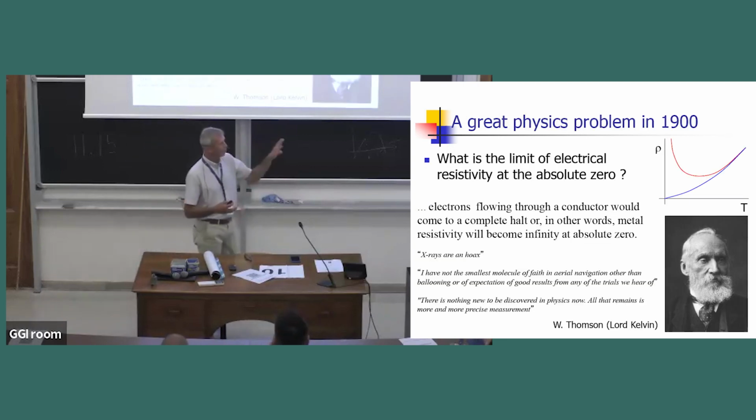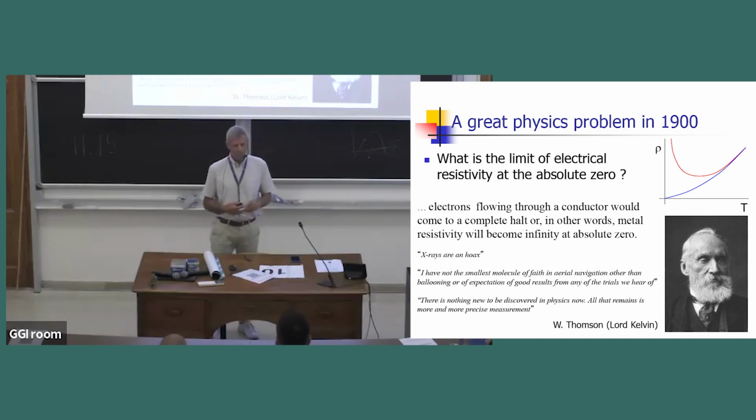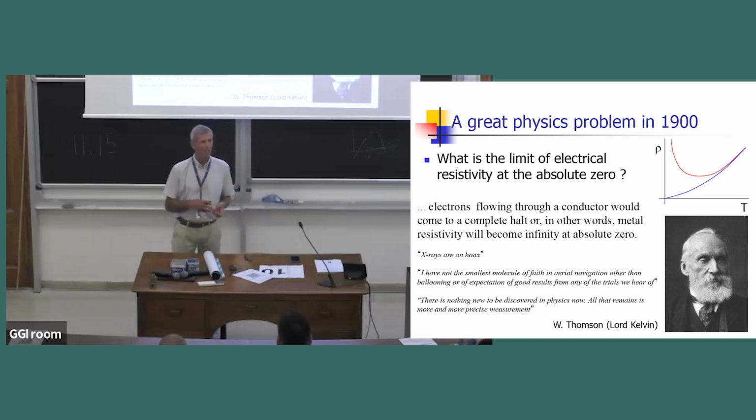I'm sure you may know all of this, but the equivalent of the frontier physics at the end of the 1800s was actually to understand material properties at very low temperature. That's when people managed to actually understand the thermodynamics. They managed actually to get fridges to run, and excellent physicists debated about what would happen to materials if you went to very low temperatures. So in particular, what happened to resistivity.